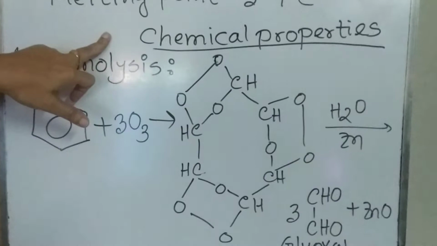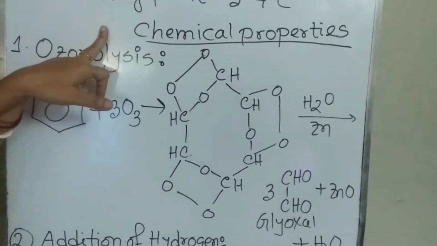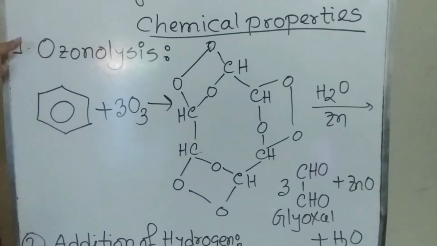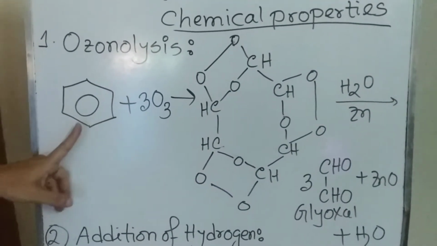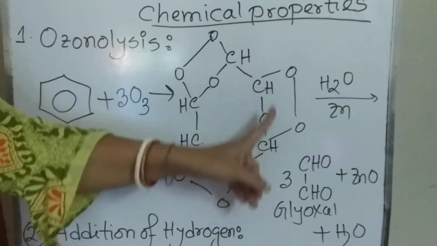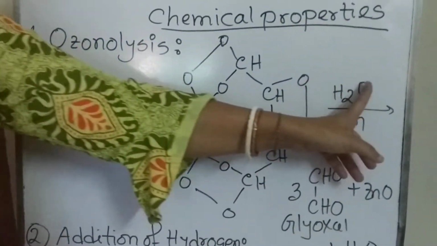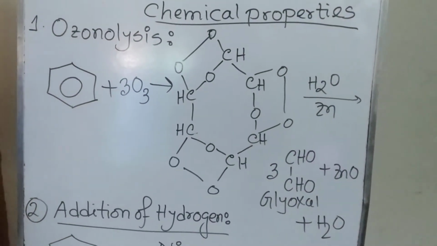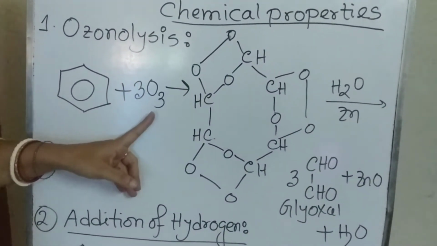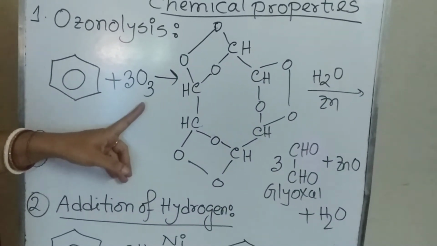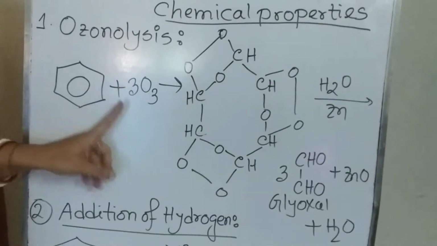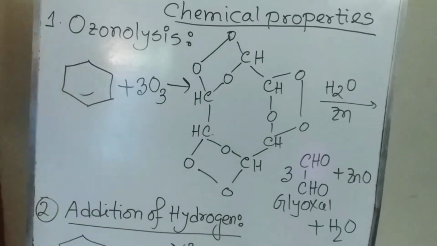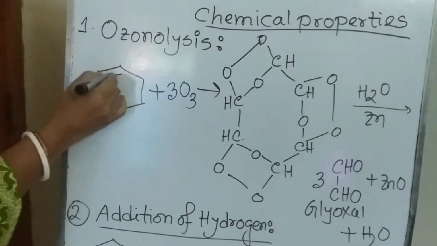Now come to the chemical properties of benzene. A question arises: how can you prove that 3 double bonds are present in benzene? For this question, you may use these 3 reactions. First of all is ozonolysis. When benzene reacts with ozone, it forms benzene triozonide, which is hydrolyzed in presence of zinc and forms glyoxal. In this case, you have seen how many molecules of ozone are used. You must say, Miss, 3 molecules? Right, here 3 molecules of ozone are used, because in benzene, if we draw another structural formula, it will be like this.